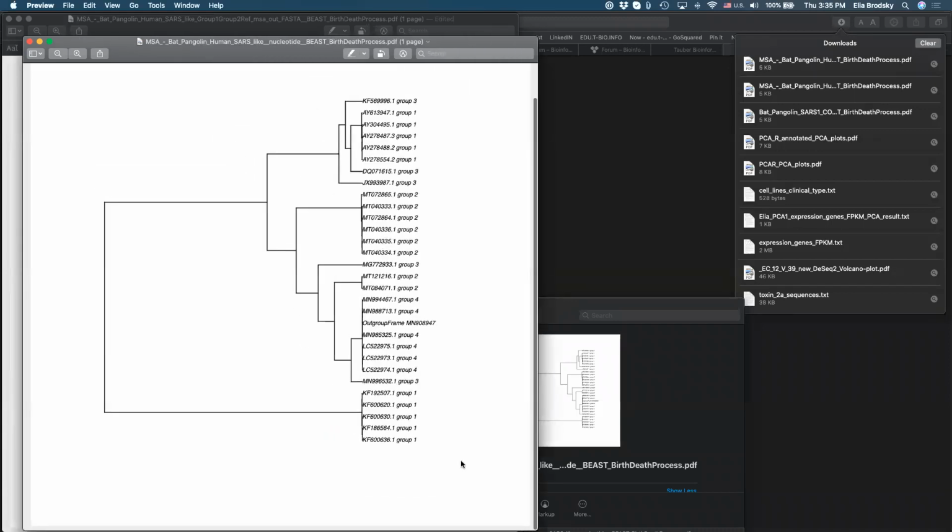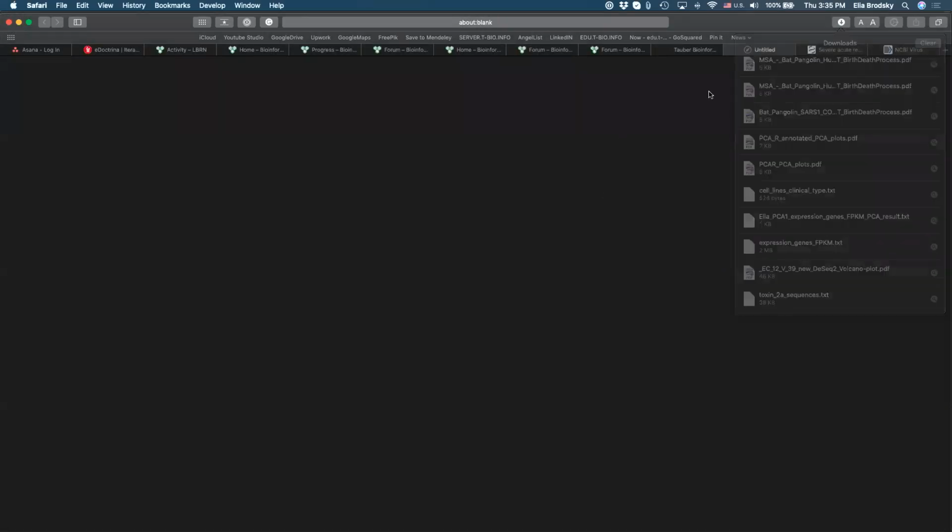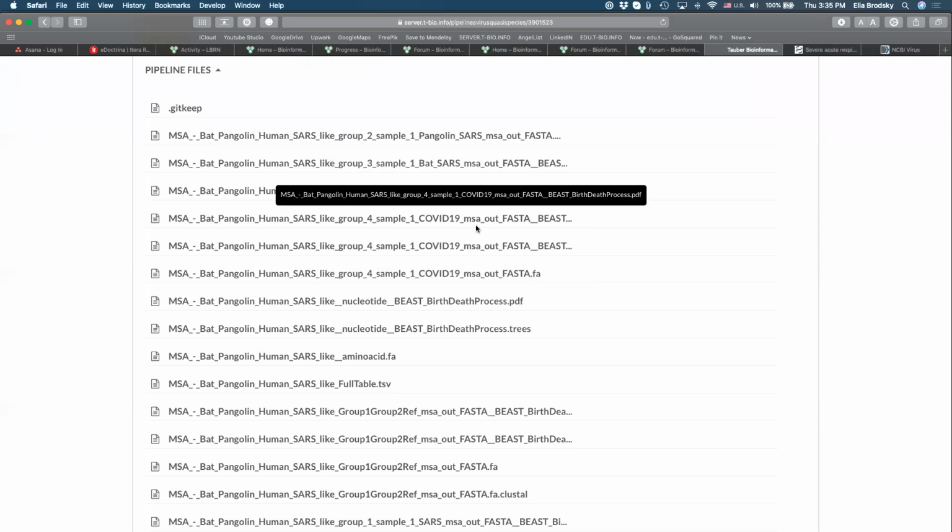What is good about this PDF file is that you can see that everything was organized by group. So it's easy to see that here's all of group 4, here's all of group 1, here's all of group 2, etc. You can start looking at how the groups are related to each other. And this phylogenetic tree actually shows us their evolutionary relationship. What other information do we have here? We have